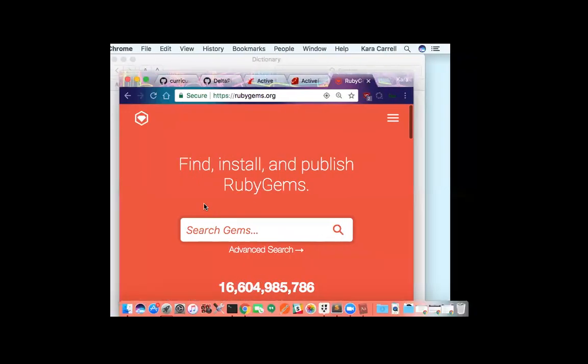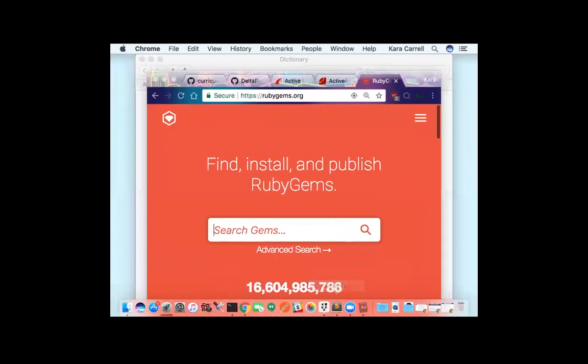Yeah, so if you look at, here we are. Is it automatically going to go to rubygems.org to pull the gem? Yes. Or does it just depend on the website? So